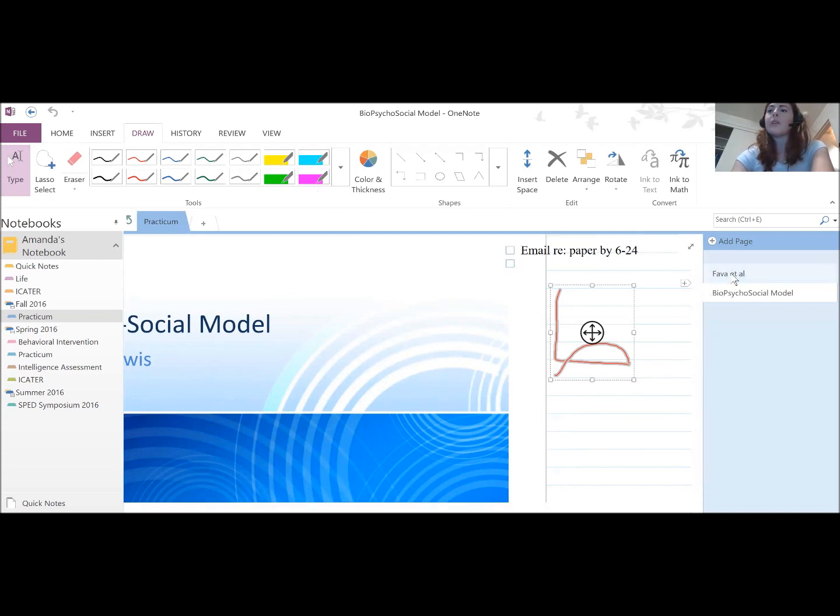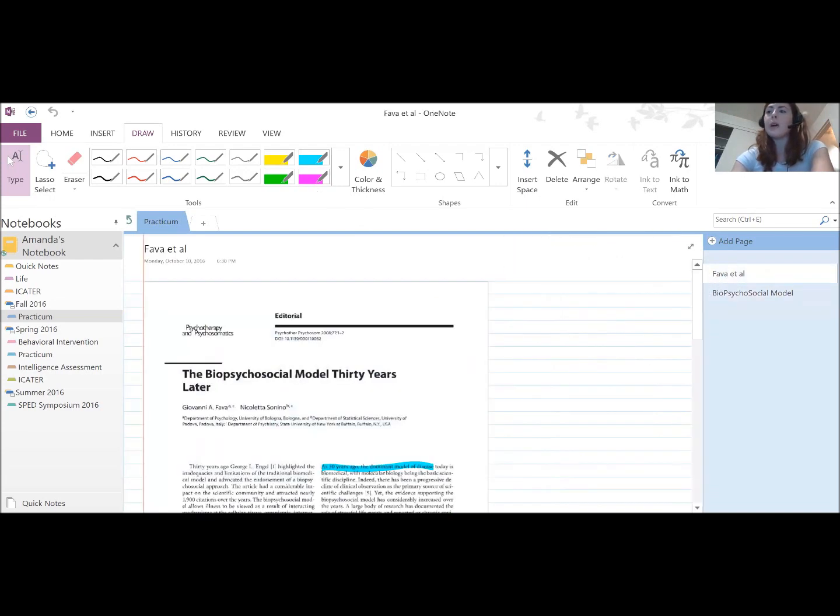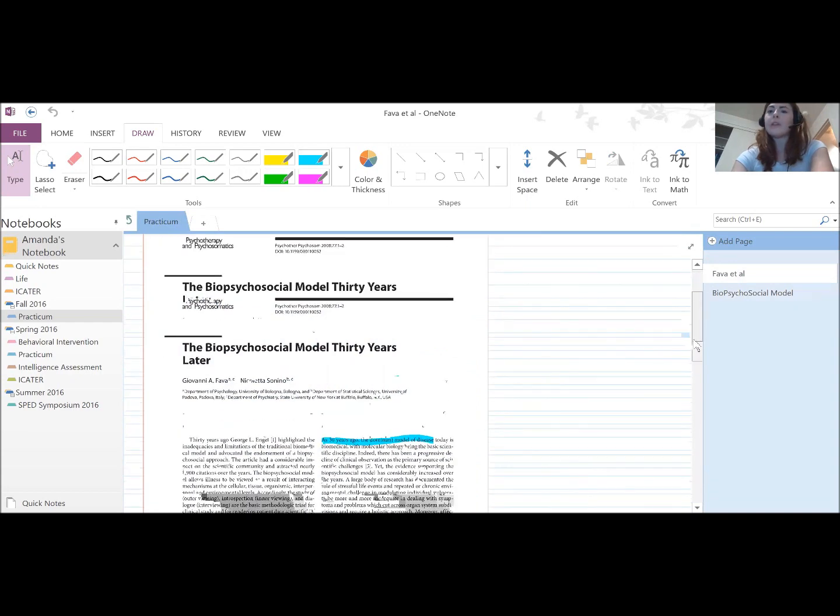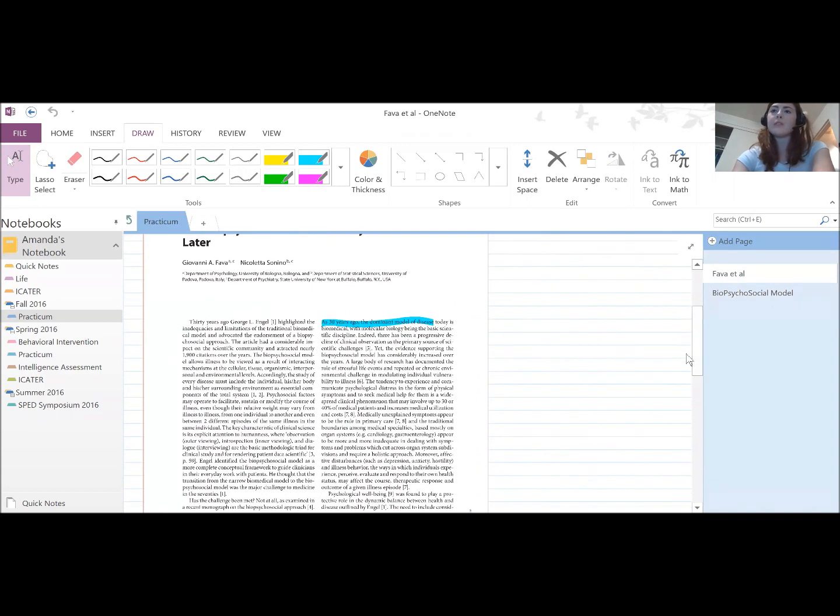I'm going to switch to a PDF I have here to show you some of the highlighting features. Like I said, this can be a really useful tool for annotation in addition to using it for note taking like in a class. So I can just select my highlighting, and maybe I'd like to highlight some stuff here. And again, I'm using my finger. What I might do